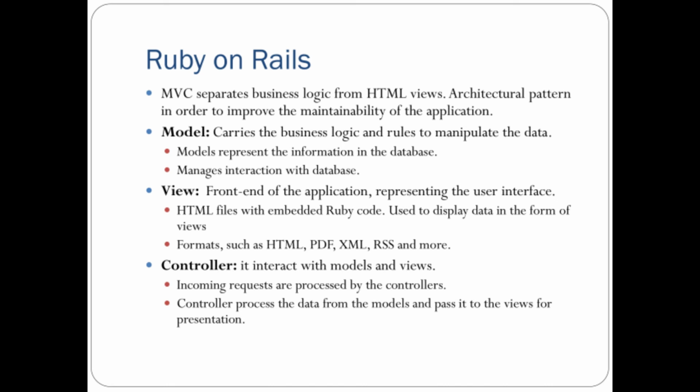And all these things are combined together in model view controller of Ruby on Rails to be provided as a service of platform as a service. And when you deploy your web application on Ruby on Rails, that web application will be like you are a software as a service provider. So your client, which is the SaaS client, will use that web application, and Ruby on Rails is basically the platform as a service provider. And if you deploy your web application, then you are a platform as a service client. So this is the different view of infrastructure service and platform as a service in this Ruby on Rails.